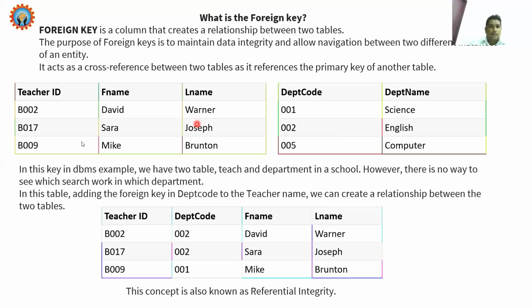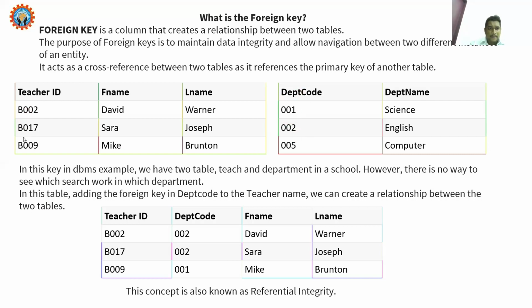So if I want to search these two pieces of information, I can use a foreign key constraint as in this table. Now, by adding the foreign key department code to the teacher table, we can create a relationship between the two tables.